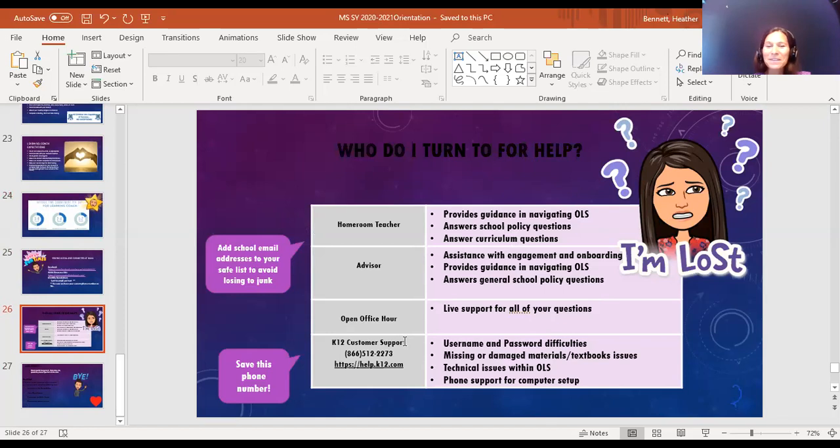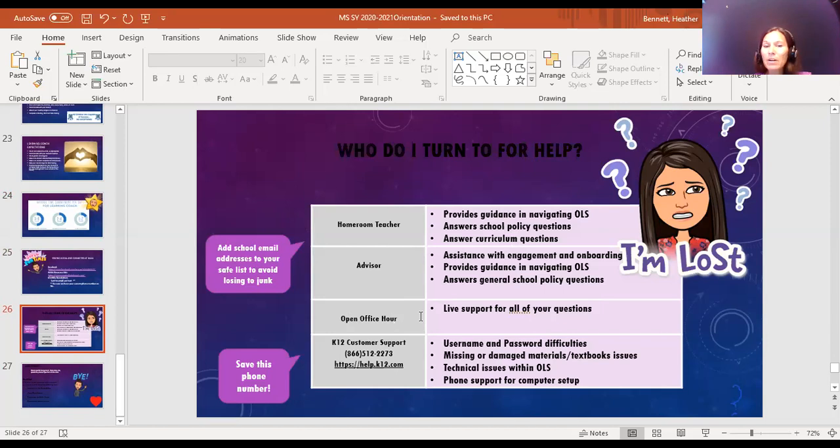And you just have a couple more weeks left. You will see office hours offered. That's from your advisor and from me. You can hop into those if you have any questions. Right now, we have a lot of students and families to connect with, so maybe you're not getting a return call, or maybe you're not getting a return email as quickly as you would like.